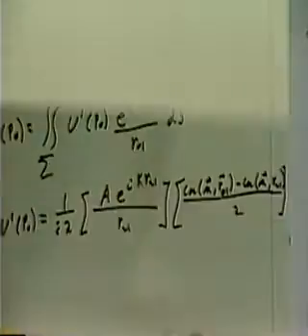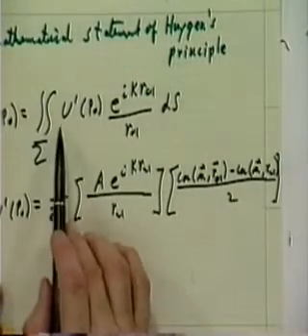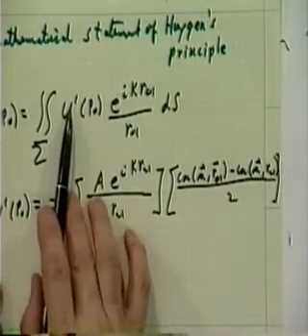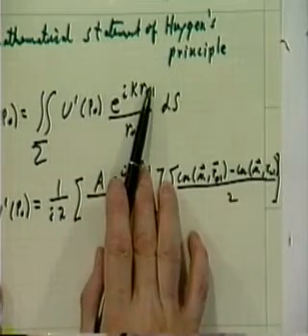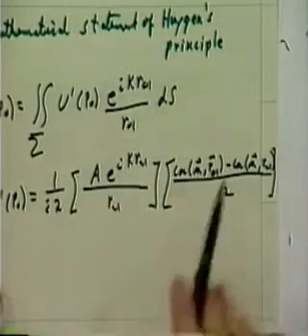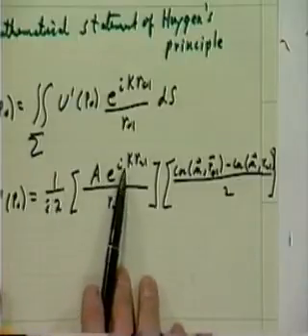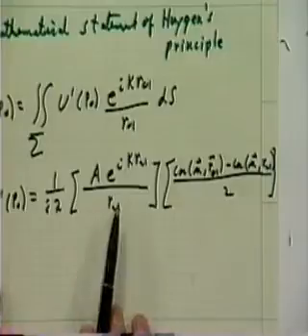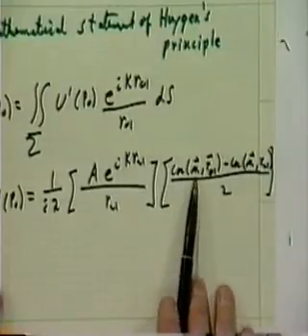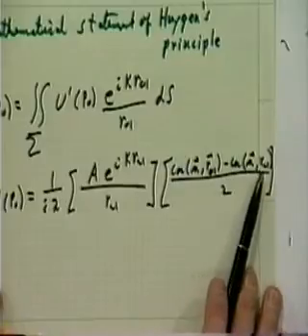So this is just taking this expression and writing it in two terms. We had the integral over the open aperture of U prime e to the ikr01 over r01 ds, where U prime was all this other mess: 1 over i lambda, A e to the ikr21 over r21, cosine n r01 minus cosine n r21